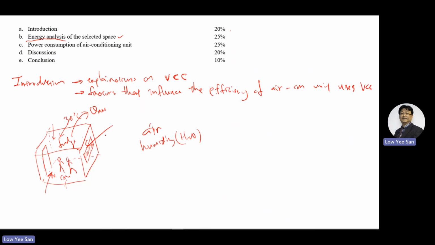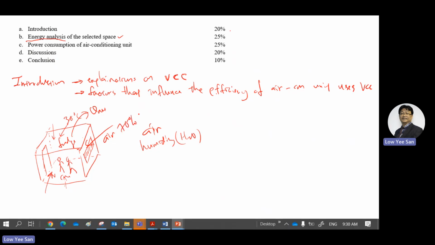Normally in Malaysia the relative humidity is like 70%, I think about that. You can check. So when you cool it down, let's say you select a target of 26 or 25 degrees Celsius, along the way the humidity also becomes less. Maybe it will become 55 or 60 relative humidity. So to calculate how much heat you need to remove to achieve that,